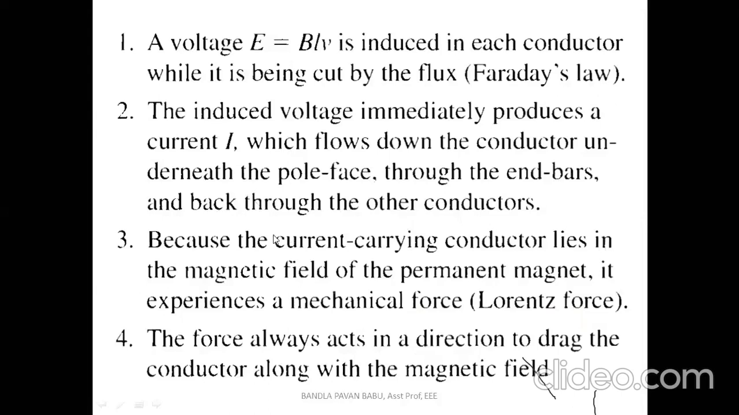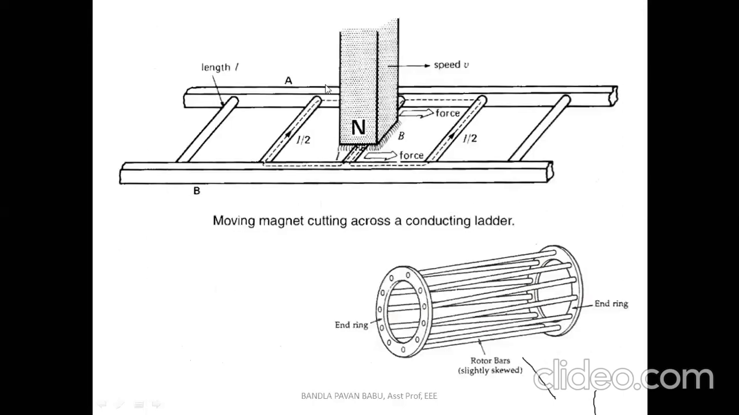What does it mean? The current flows down underneath, that means below the pole face, through each end bar and back through the other conductors. If you look at the direction here, it is flowing in this direction. Consider an example: it is in this direction and starts leaving there. Likewise, it is entering each and every rotor bar there. That actually indicates